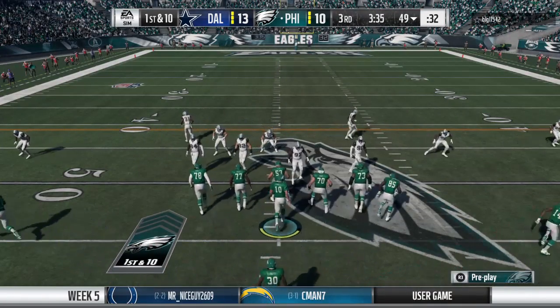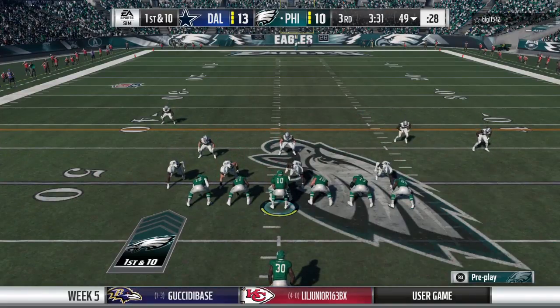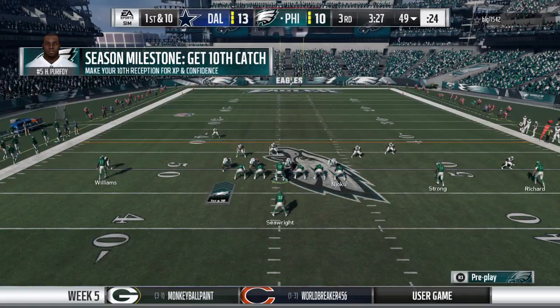Leopard, Leopard. All right, here we go. 3-19. 3-19. Black 99 Philly,